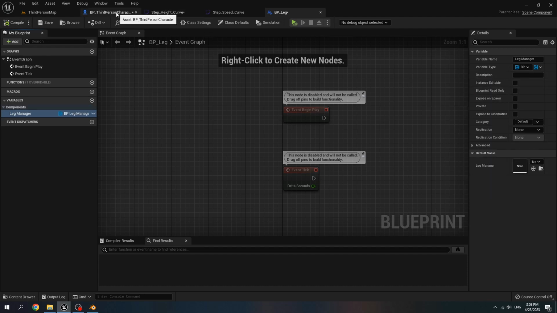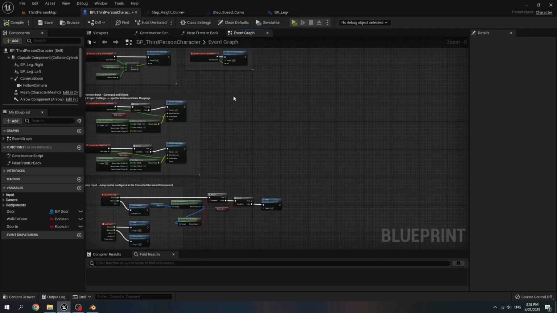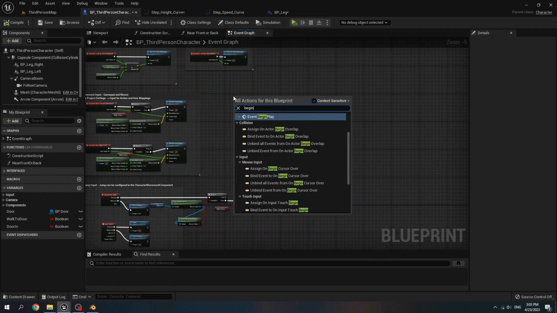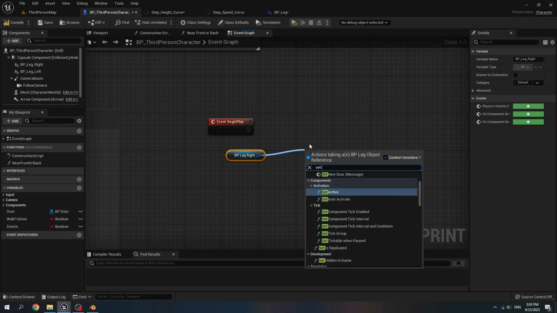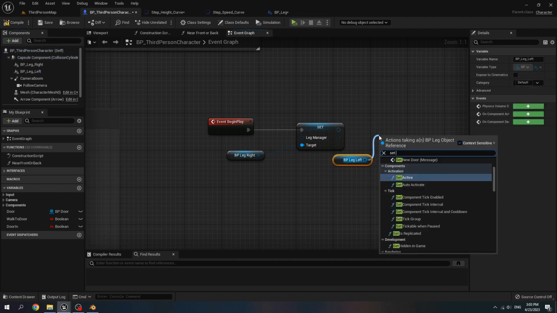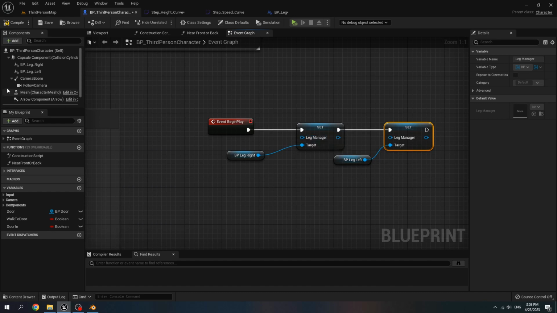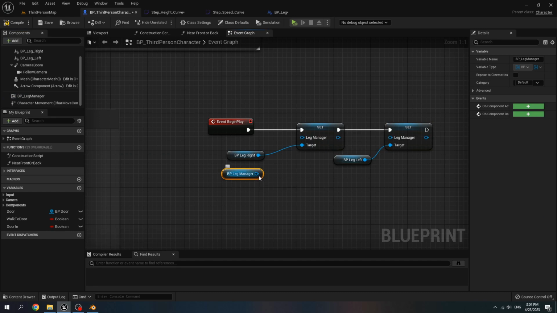Go to third person character, event graph, create a begin play event, get BP leg right and set leg manager, get BP leg left, set leg manager. For the leg manager, get BP leg manager, connect it to leg manager for both of them.